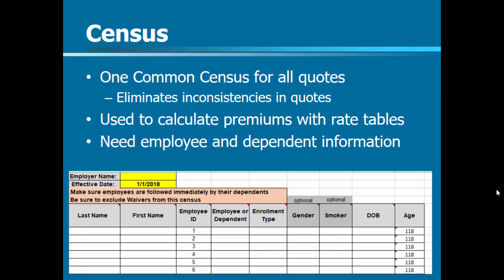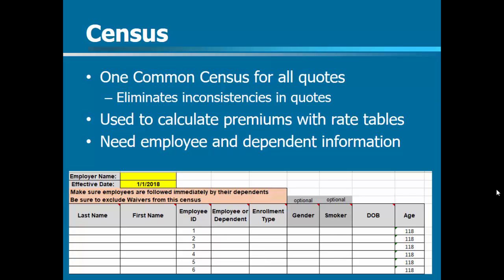build out. And what we noticed was there are inconsistencies between the carriers. So in some instances, we were seeing carriers that were calculating employee ages based on the date the quote was run instead of the effective date, which was really altering what the total premiums were going to look like. So by maintaining our own census that we're going to use to map rate tables against, it eliminates all of